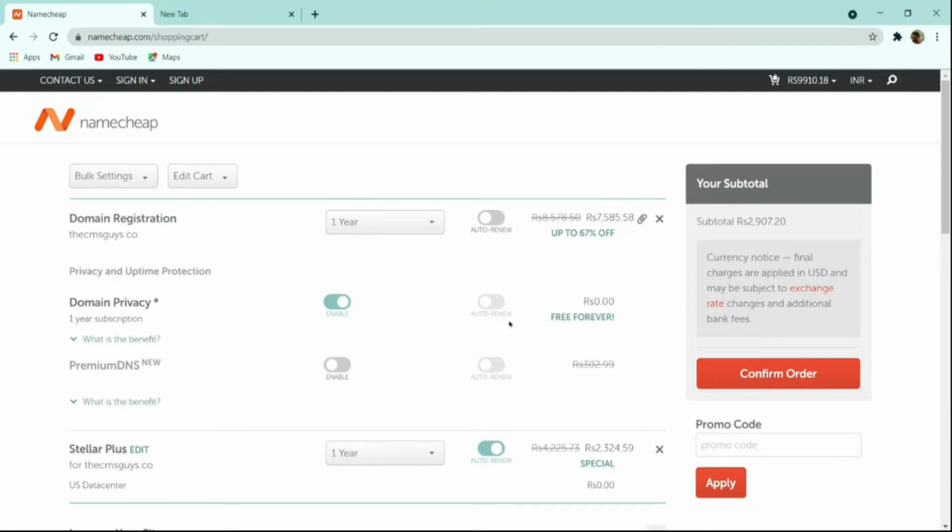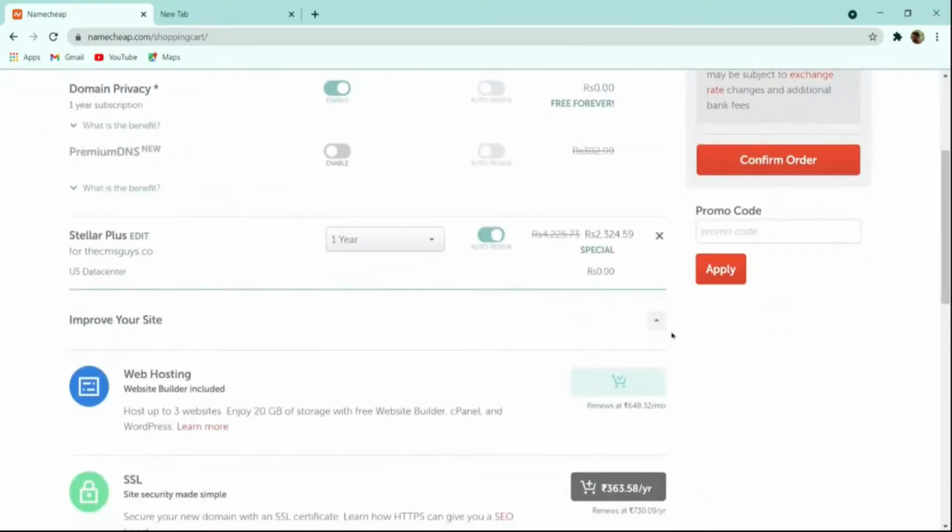And now let us confirm our order. After verifying the domain, you can click on this confirm order to confirm this. And when you click on this confirm order,